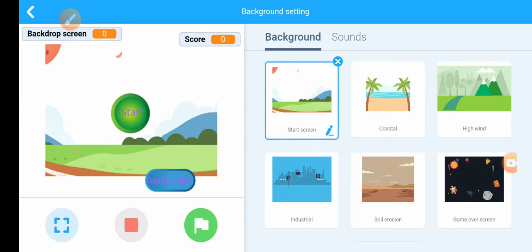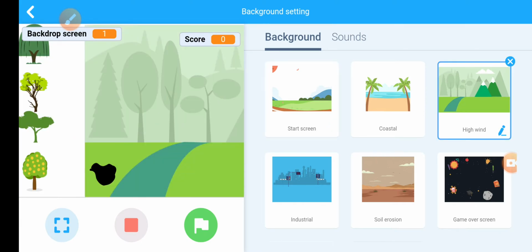To start the game, first I will click on the start button. There are 4 trees that I have mentioned already: banyan tree, java plum tree, neem tree, and tecamola tree. On this screen you see high wind.